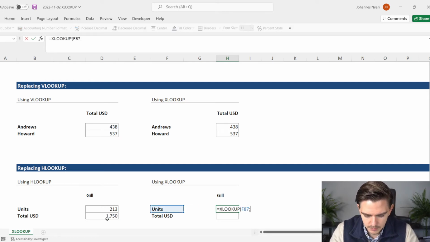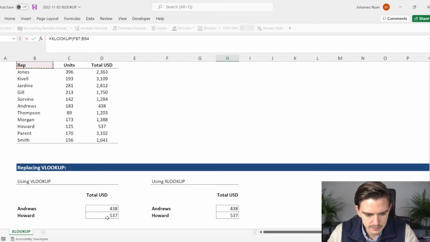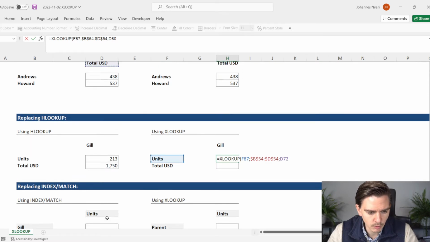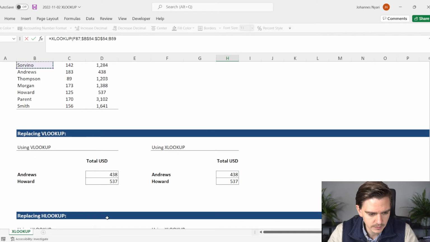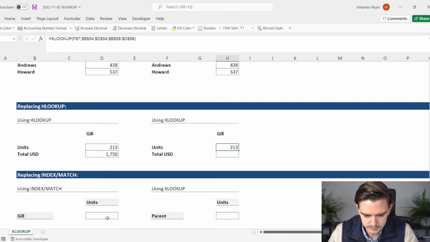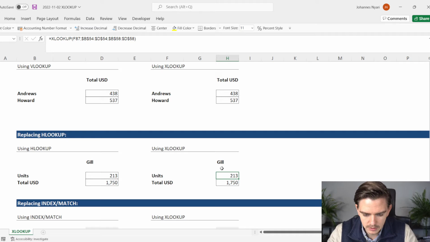Lookup value, again, pretty similar. Then the lookup array, we go up. This time we have to search in the first row, and the return array is the row where Jill is, and Jill is here, so we fix it, and here we go. And as you see, again, we could use the same formula, the same syntax, the XLOOKUP